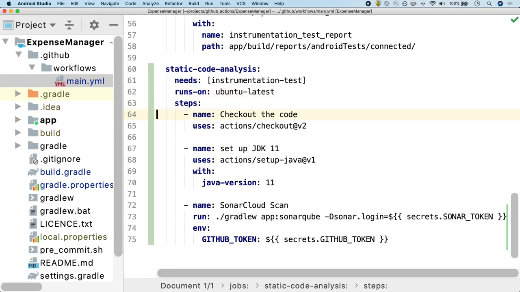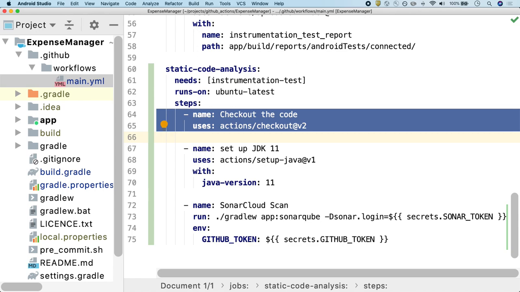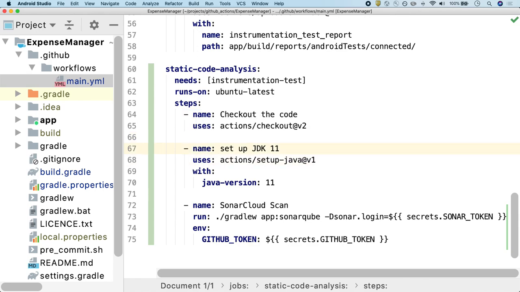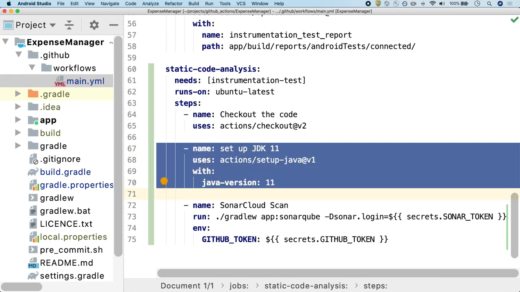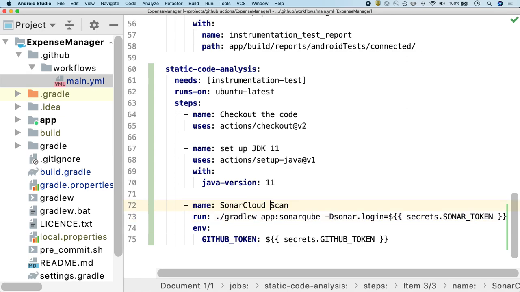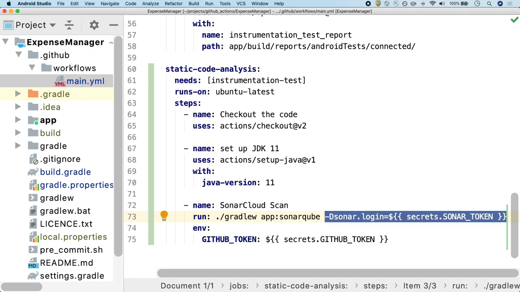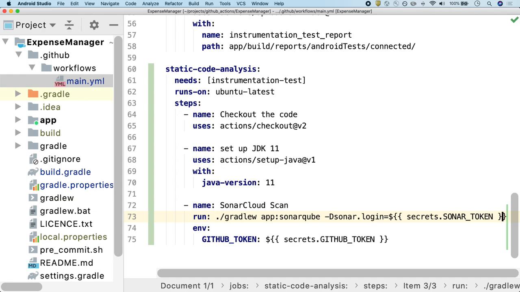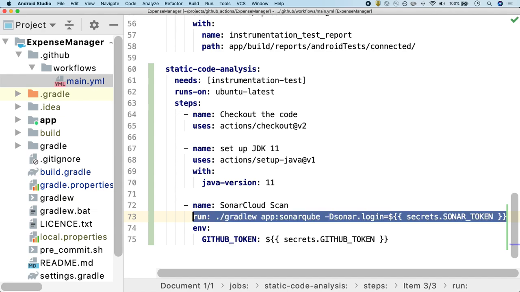And the first thing we'll do is check out the code base as always. And Sonar Cloud has set up a dependency that we have to use at least the Java version 11 to run the build for SonarQube. So we'll do that. Now is the main task that we will do using Gradle. So we'll use gradlew and we'll call this command app colon sonarqube, and we'll also pass in the token for Sonar Cloud. I'll show you how you can create this token, and once you have it, you should be able to run this command.